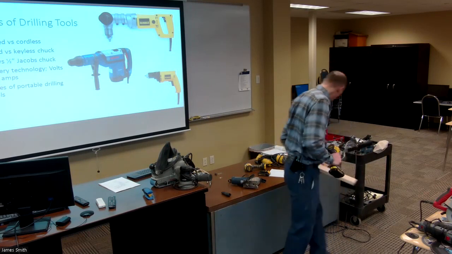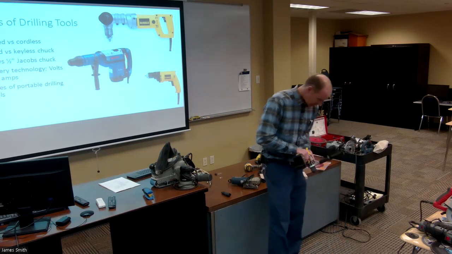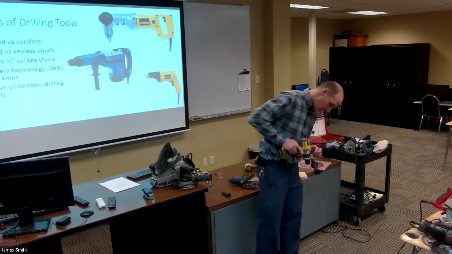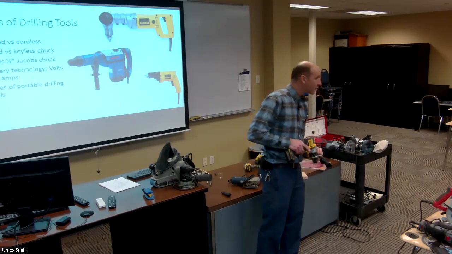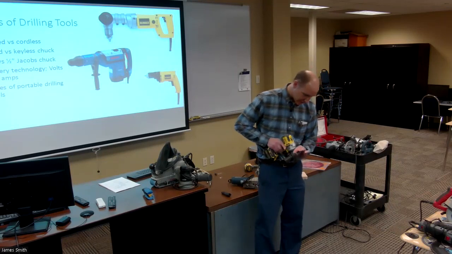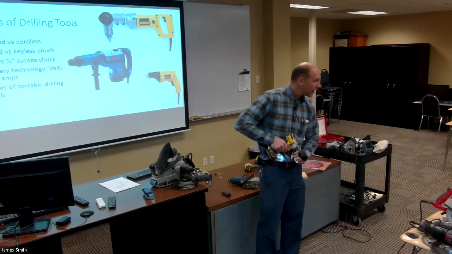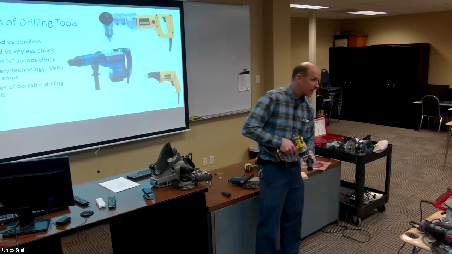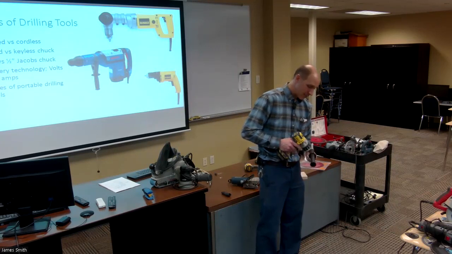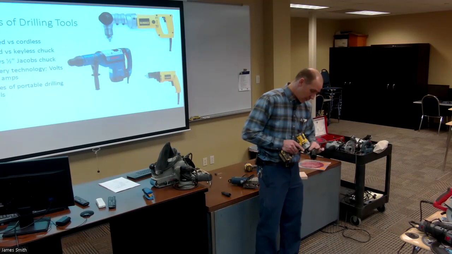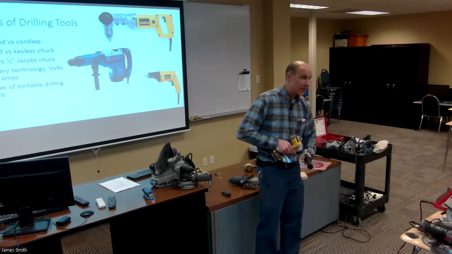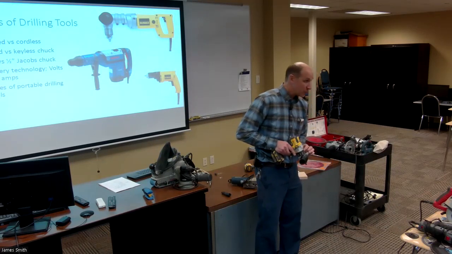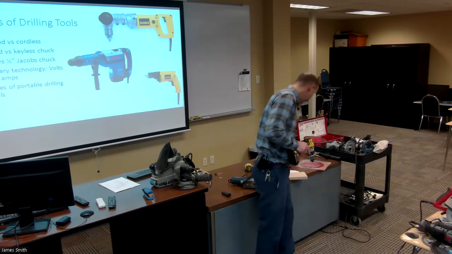You have different settings on these. So this is your drill setting, and there's a little arrow on the top. You can use them for driving screws, and you can set your torque setting. If you wanted a real weak tighten, it's a setting that will basically cause the chuck to slip. If you want to use it for drilling, then you don't want it to slip, so you've got that option. And then if you want to do drilling, but you're using a specialized carbide bit and